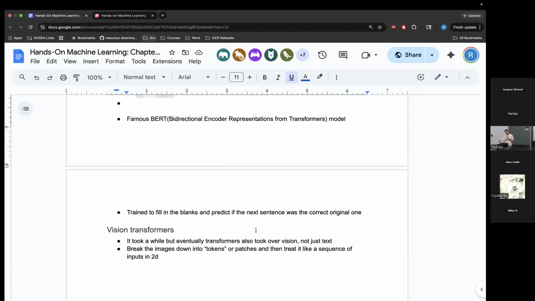So it was trained on two different objectives. One of them was basically fill in the blanks, and the other was guess whether this next sentence is the one that actually followed on the internet. So you took a web page and said, okay, take this sentence, take that sentence, and then randomly swap it sometimes. So this one was an article about sports, and this one is an article about finance. And then it would predict, did these actually occur after each other,